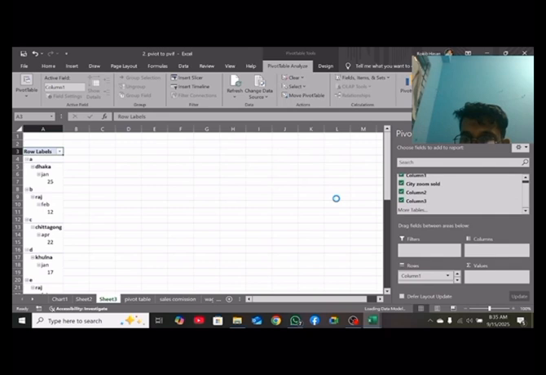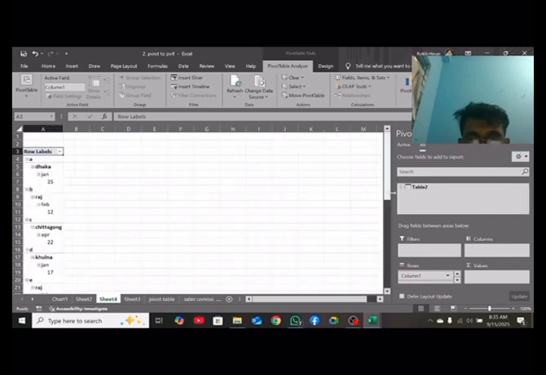This is the pivot table. So we can easily solve the pivot table for